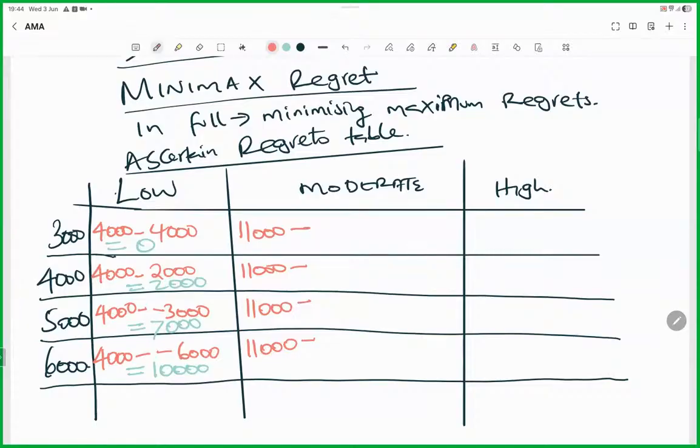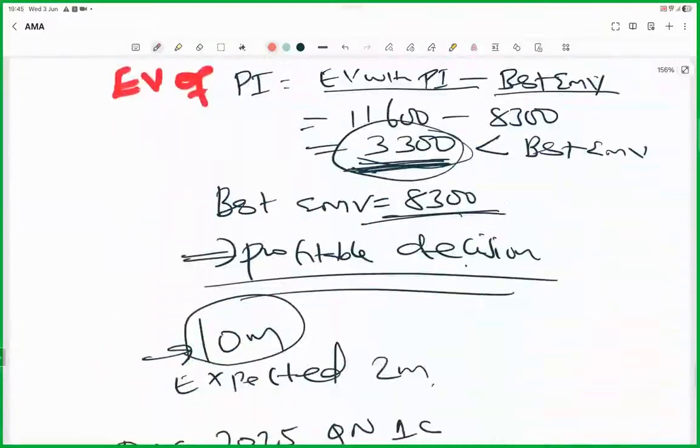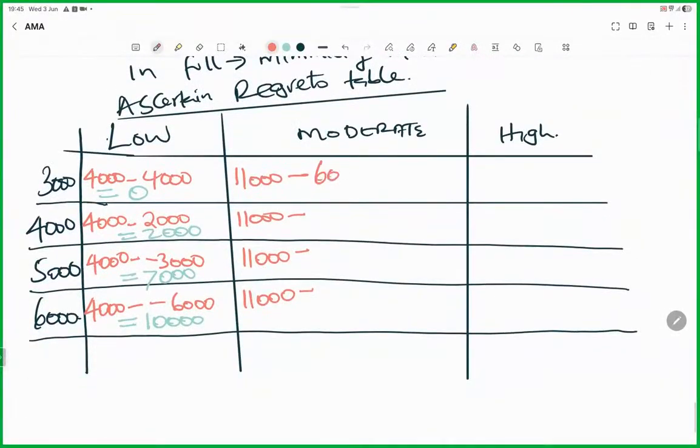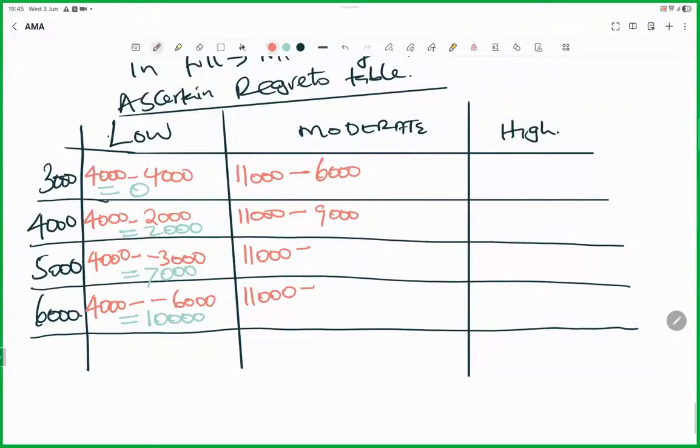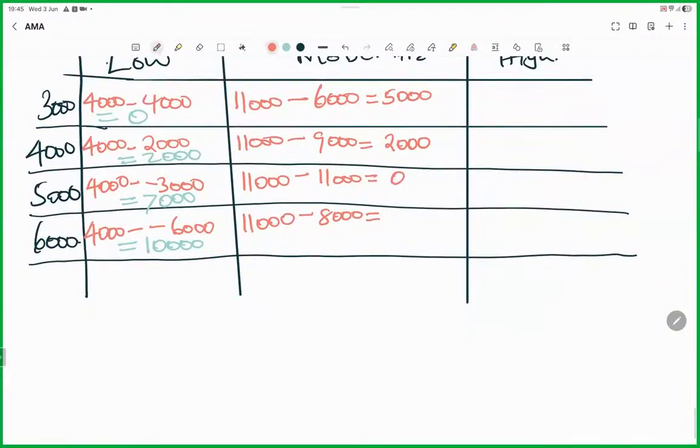And then from there, we less the now existing payoffs, isn't it? Less existing payoffs. Are you able to see them? 6,000, 9,000. 6,000, 9,000, 11,000, 8,000. The first one is giving me a figure of 5,000. The second one, 2,000. The third one, 0. The last one,